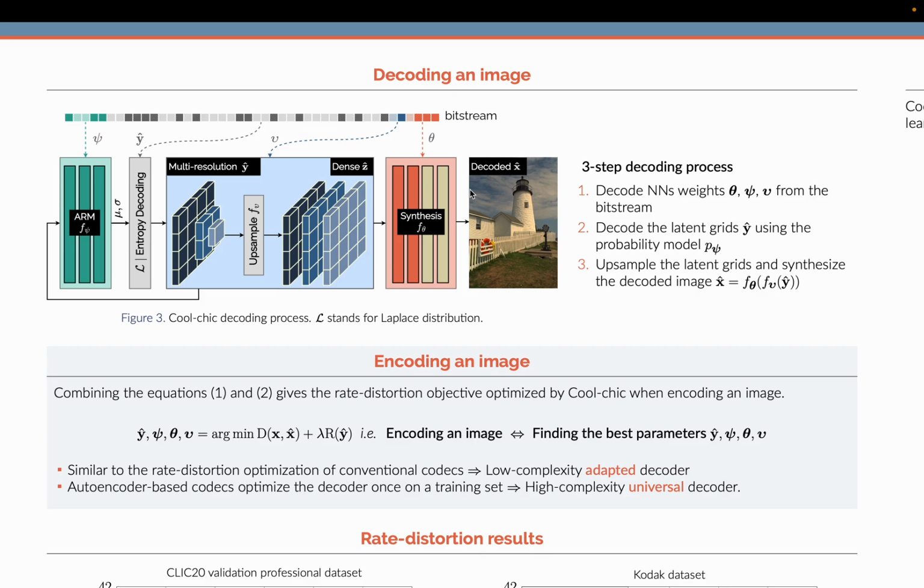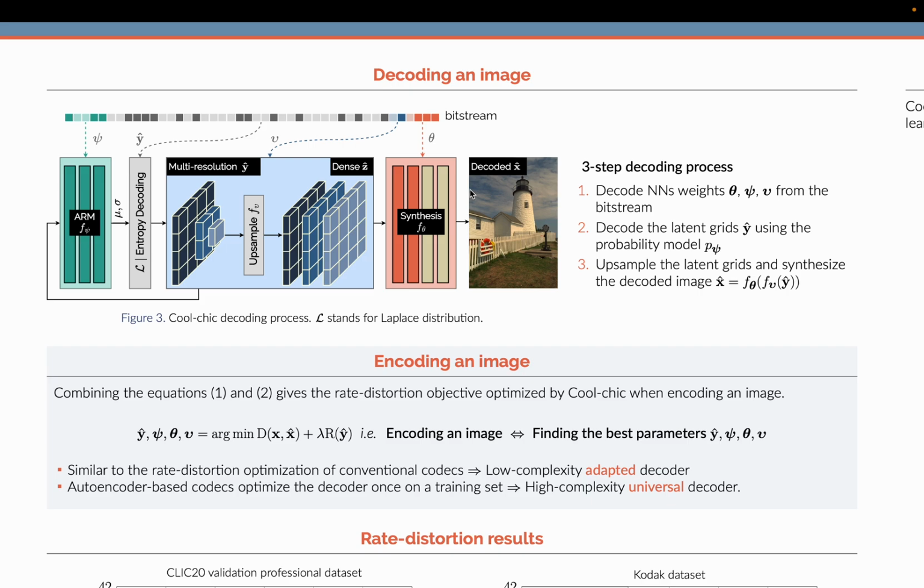Everything starts from the bit stream, where we see different colors for the different quantities which are sent from the encoder to the decoder. In green, blue, and red, we have the parameters of our different neural networks composing our decoder. The first neural network, in green, is an autoregressive probability module, which is used to drive an entropy coding algorithm, which in turn helps to decode the big gray chunk of the bit stream, which represents the latent representation of our image. This latent representation is a hierarchical representation, which is a set of 2D latent grids, and it